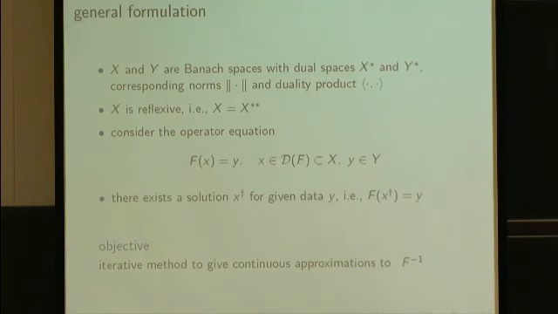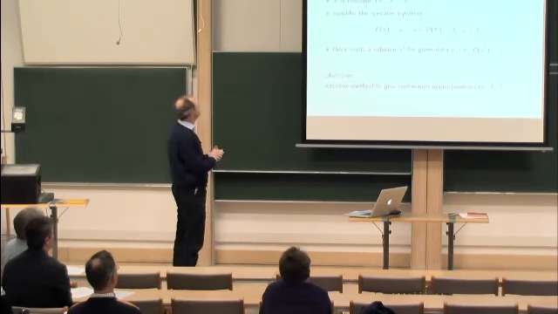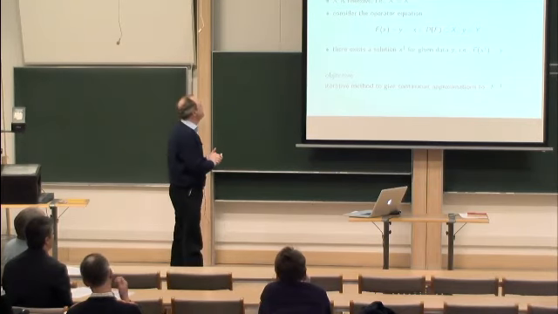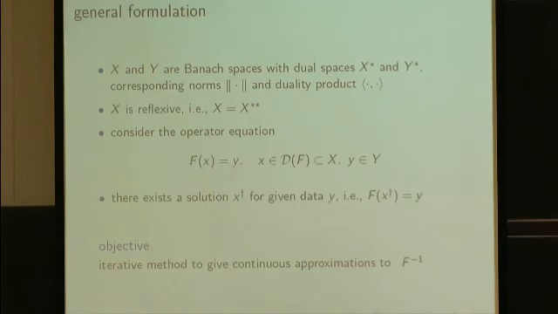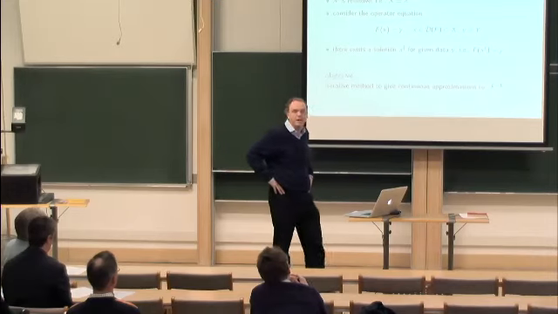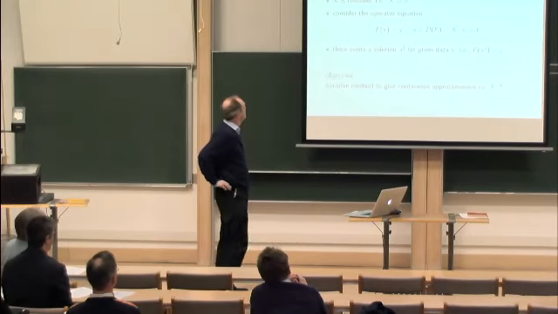Now, there's a whole machinery out there in the literature. It's known as Bregman iterations, and I would like to have a few slides on how this, roughly speaking, works. So again, the Dirichlet-Neumann map lives in a Banach space, and let us assume that 1 over c squared lives in a Banach space as well. With dual spaces, we have to iterate in the right spaces. So think of it as an adjoint state method. You cannot stay in the Banach spaces; you have to do the iteration in the dual spaces, and eventually go back, since you don't have an inner product. So you start with the Banach spaces, the original model space and the data space, and the duals, X star and Y star. You have norms, and you have a duality product to connect them, the standard functional analysis setting.